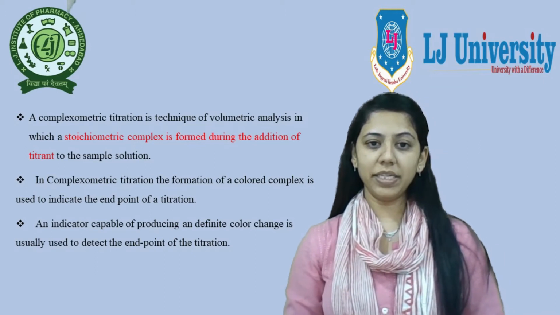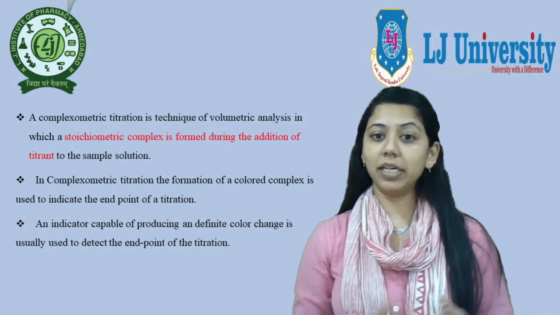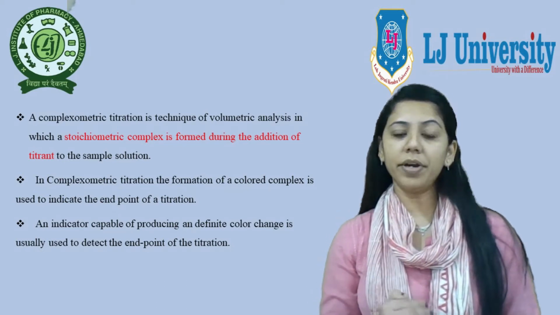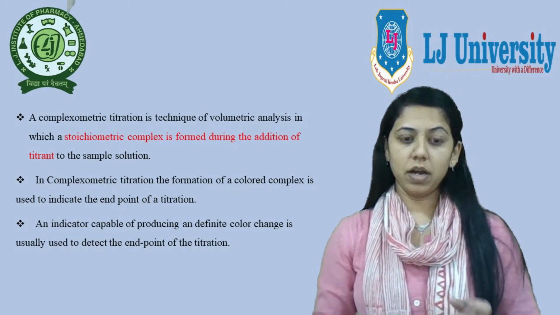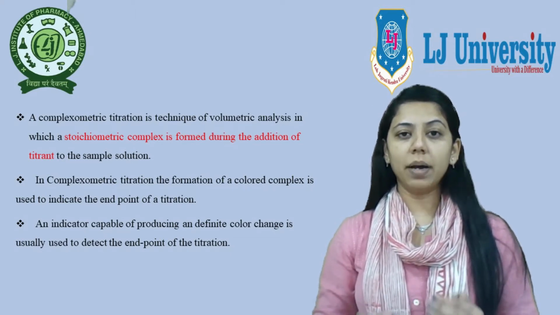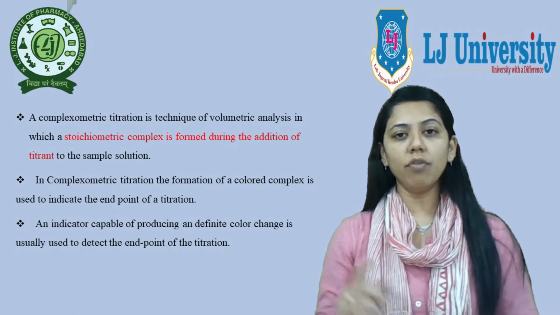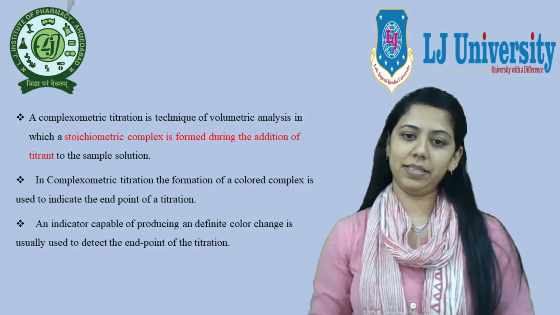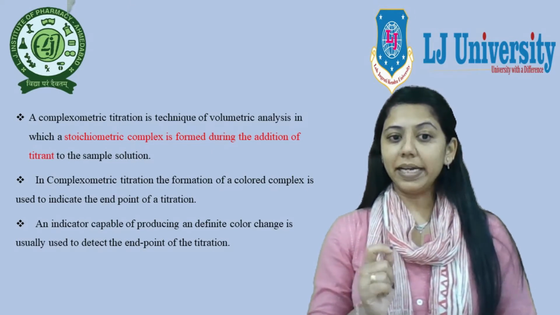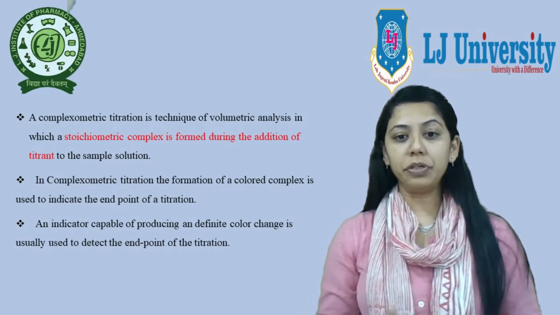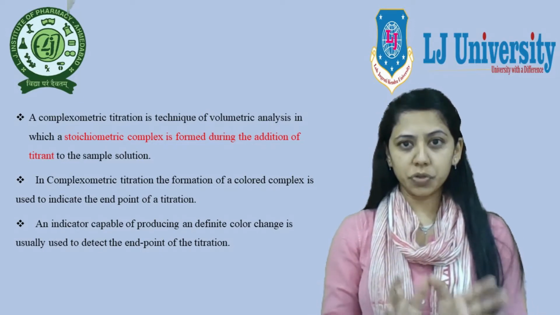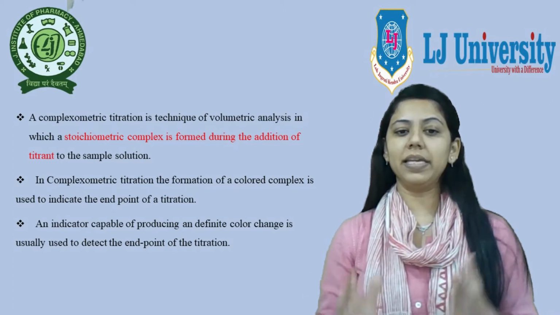In a complexometric titration, the formation of a colored complex is used to indicate the end point of the titration. Complexometric titrations are particularly useful for the determination of a mixture of different metal ions in a solution. And here the indicator used is capable of producing a definite color change, which is usually used to detect the end point